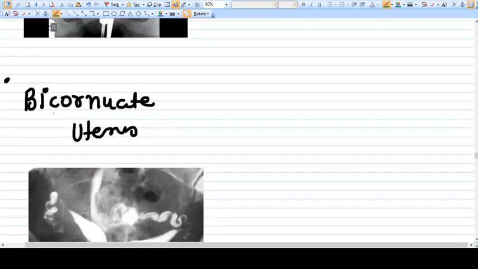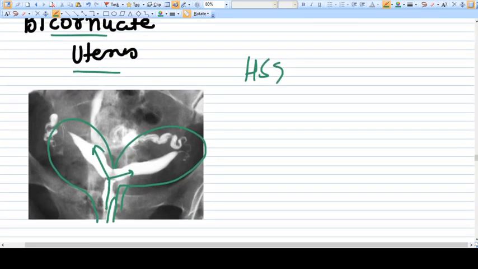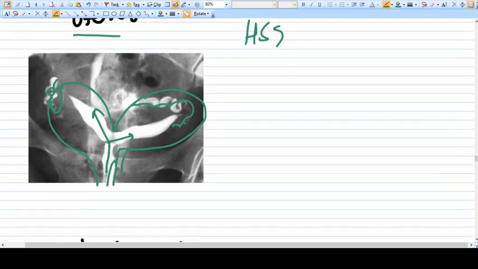Now let's see what a bicornuate uterus looks like on HSG. This is the bicornuate uterus. Here we have this cannula. The dye goes this way, and this way. So both sides of cornua are seen. So this is a bicornuate uterus. This is how the uterus actually looks, but we can only see the cavity. These are the other tubes, both side tubes are there, and we can see the tubes are filled. So tubes are open, but this is a bicornuate uterus.